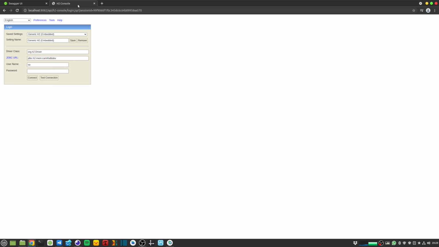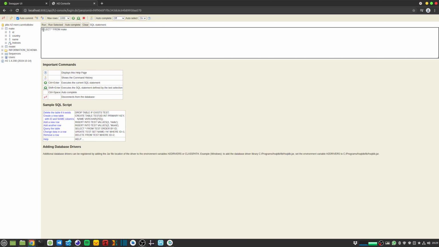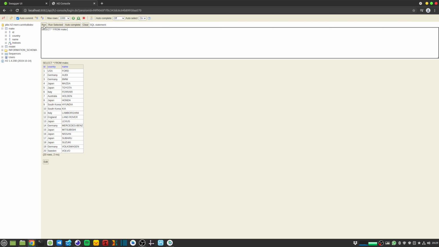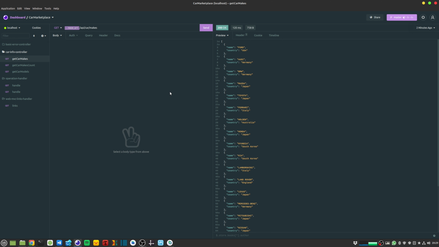And you can see that now I'm in my H2 console. So I've gone into my local host and my API and H2 console, and it's presented with me with this login dialog. So the password is blank, and I can just test connection to ensure that I can connect to the database. And if I make a connection, it will allow me to look at the tables and the data. So if I run this query, select star from make, you will see that these details are actually getting populated from my SQL file in the project. And that's what's getting presented when my endpoint gets called.